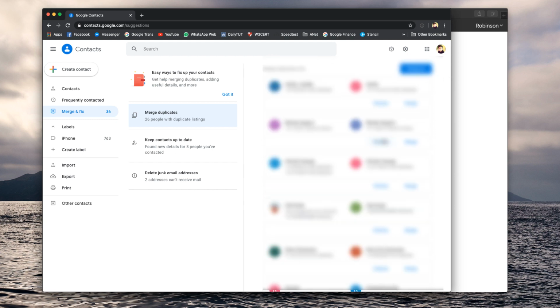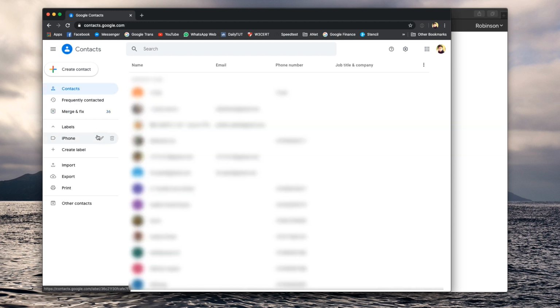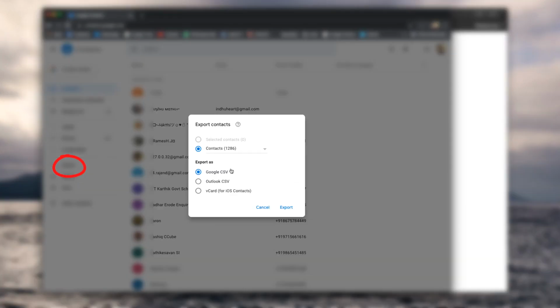And if you want to import any contacts, all you need to do is select import, and you can import everything to your Google contacts. If you're coming from a feature phone, then this sort of import and export feature will really be helpful. And the export feature, because right now we are going to have all these contacts exported to our iPhone.